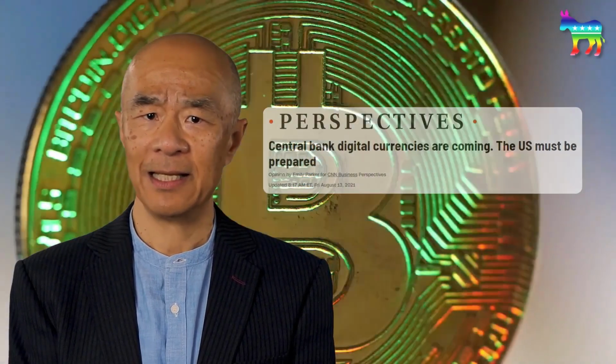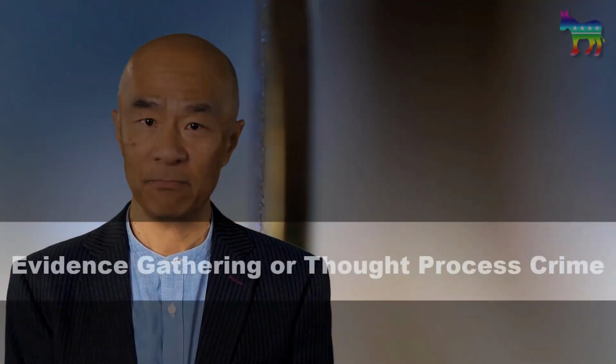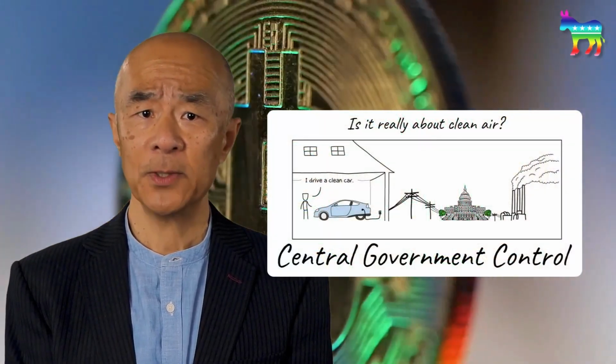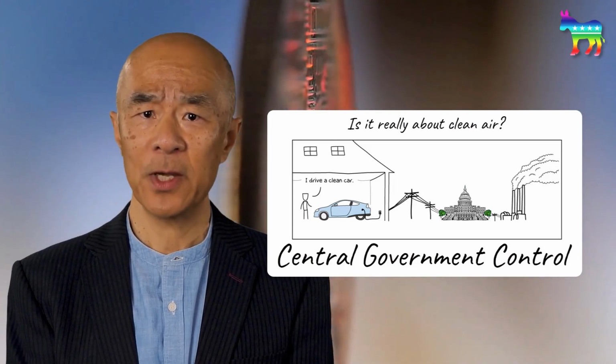Step 20. In coordination with Bank of International Settlements, BIS, and America's created central bank digital currencies, CBDC, nullify and destroy all fiat currency, forcing a digital currency to all U.S. citizens. Without congressional legislation or state due process, impose this currency to monitor, track, and control citizens' daily activities. Use as evidence-gathering tool or thought process crime based on purchases. Example, if a citizen's cholesterol is high, they will not be able to purchase a fast food meal. Used to criminalize and prosecute middle and right-leaning political opponents.